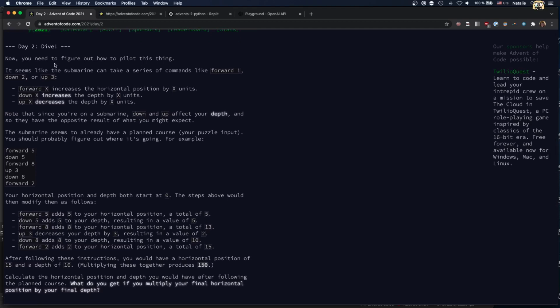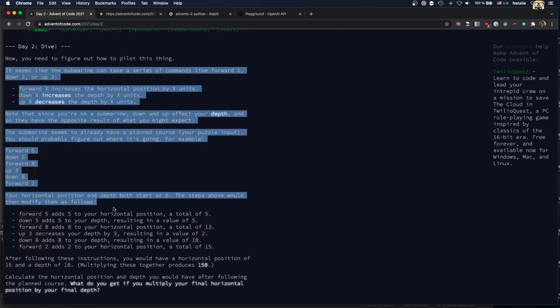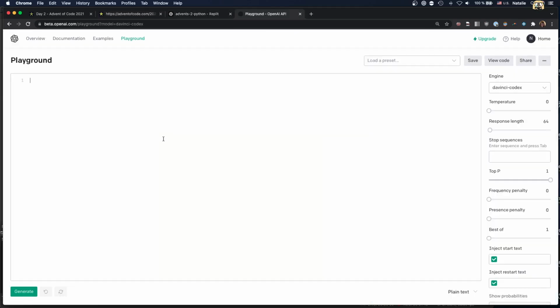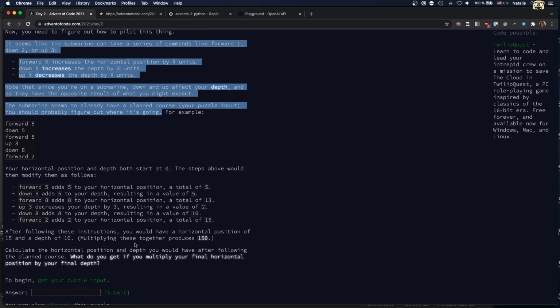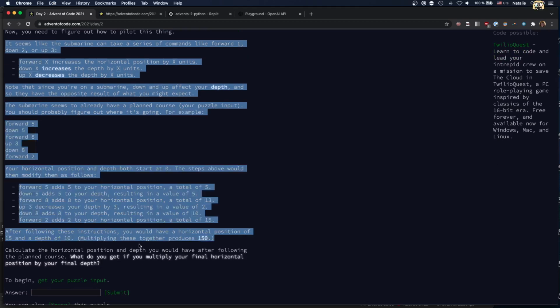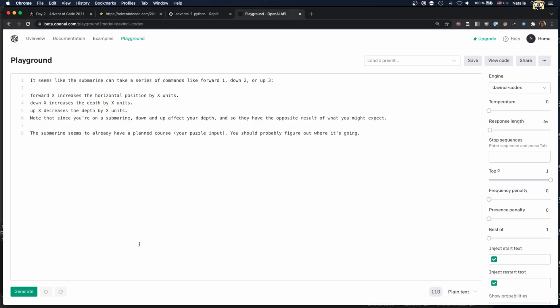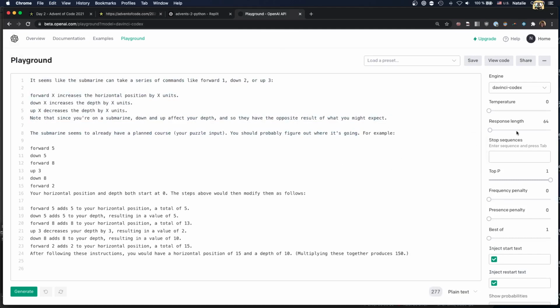So I will copy paste like this and add that in here. And I will also, actually I will just copy paste the whole thing and see if it starts well. So I'm going to add a lot of space for the response. I'm going to ask for the Python syntax highlighting, and